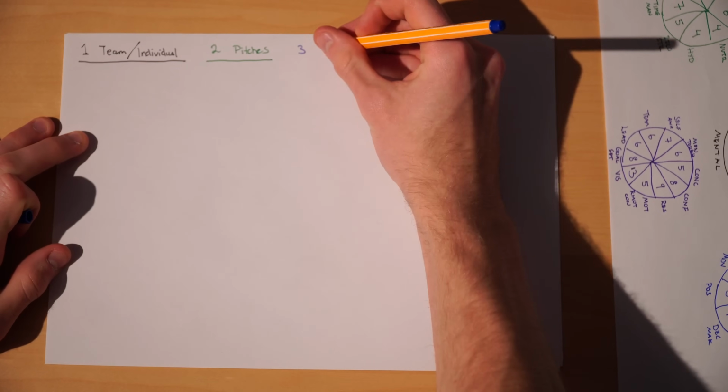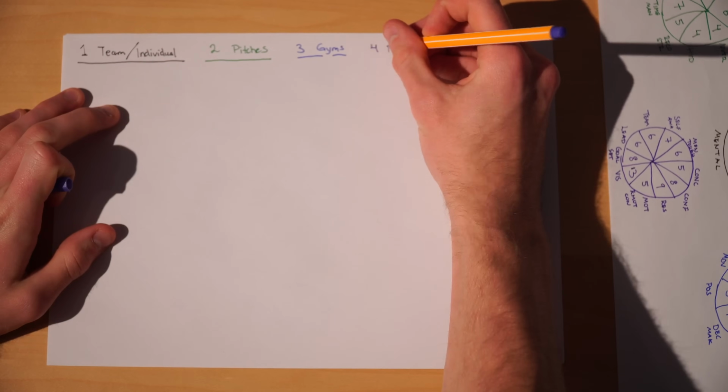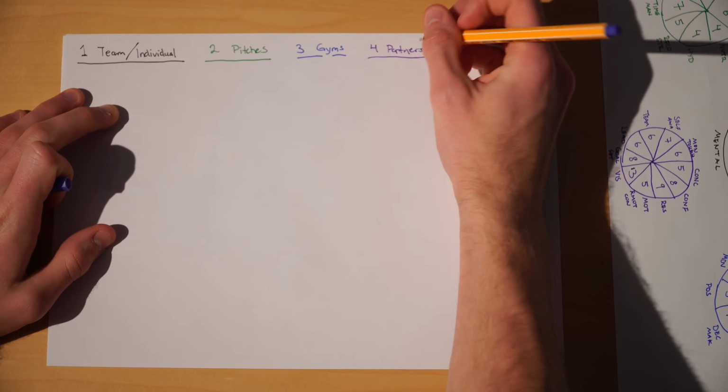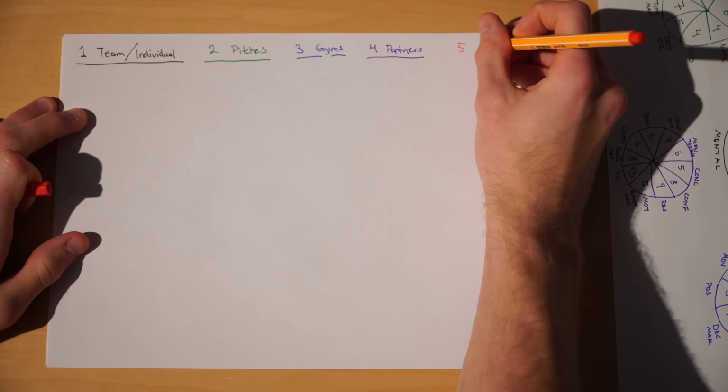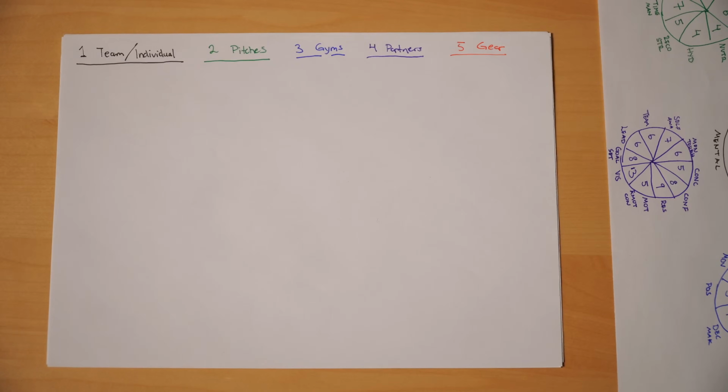3. Gyms. Do I have access to a gym to do strengthening work, or will I train at home? 4. Partners. Do I have any training partners available, and if yes, write them down. 5. Gear. What gear do I currently have, or what gear can I acquire that can help me in my